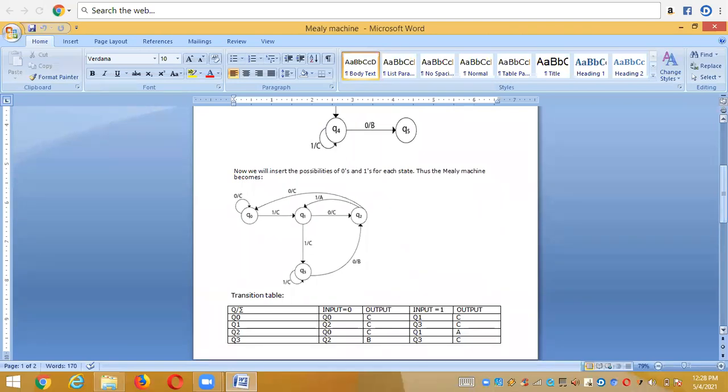I think you all understand the concepts of both the Moore machine and the Mealy machine: the formal definitions, the designing of the machines, representing the transition tables, as well as checking the acceptance of both machines. Is it clear? I think you all understand today's concept. In the next class, I'm going to explain the conversions between these two: Moore to Mealy and Mealy to Moore.